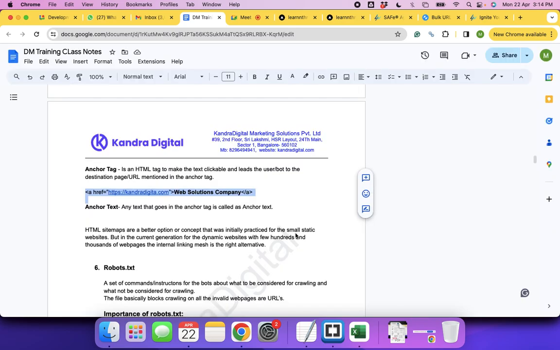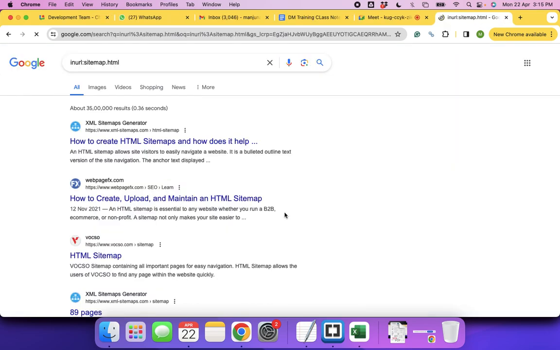Any questions? Any doubts? We can see the XML sitemap, right, sir? Correct. For the same thing, can we indicate for the HTML sitemap also? No, no. For HTML sitemaps, people would follow practices like